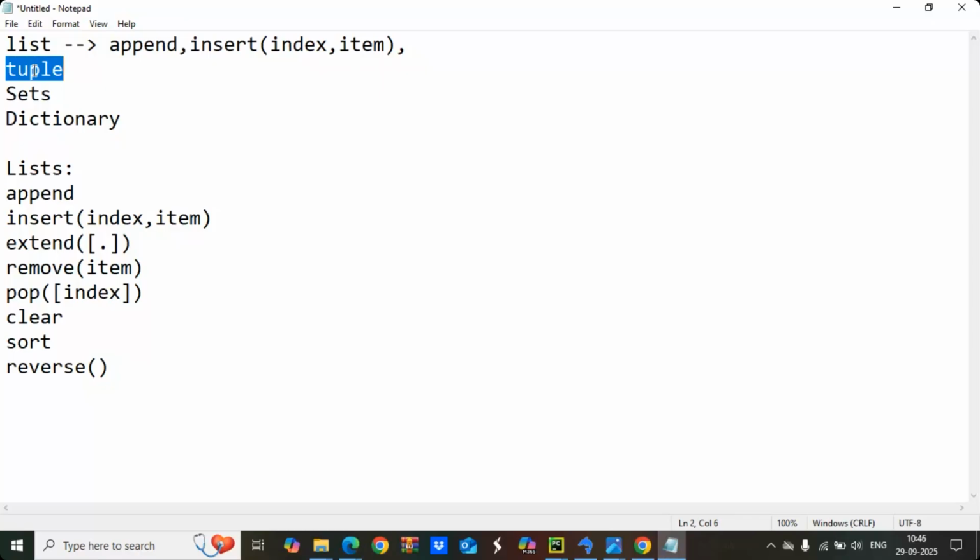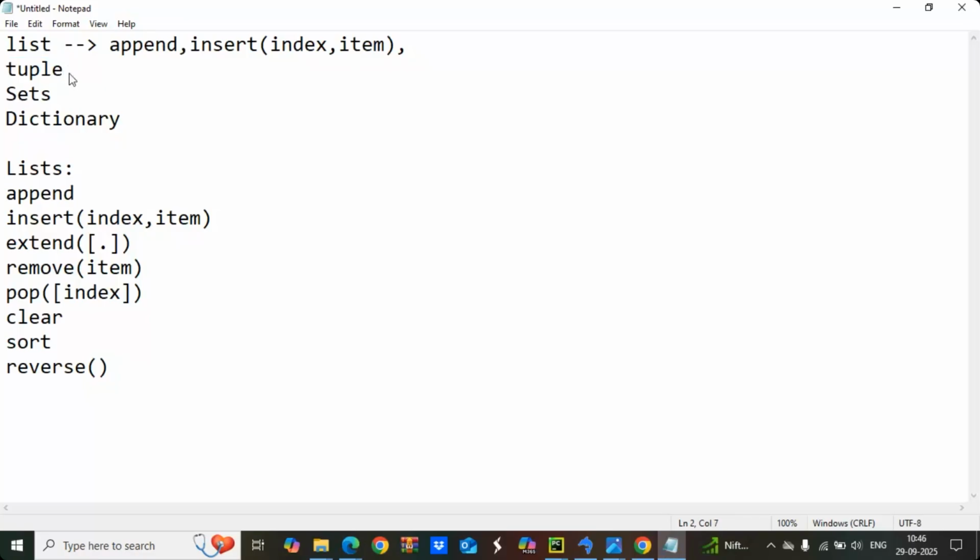Okay, so tuple is ordered, so it keeps the order of insertion. So tuple is, again we tell tuple is immutable, so once it is created it cannot be changed. Okay, so like no adding, removing, updating or deleting. Okay, so in a tuple it can store multiple data types like numbers or strings or integers or float values or whatever it is. Okay, so and it is defined as